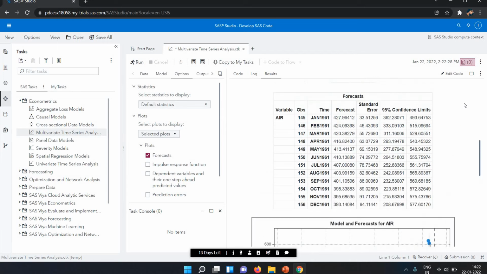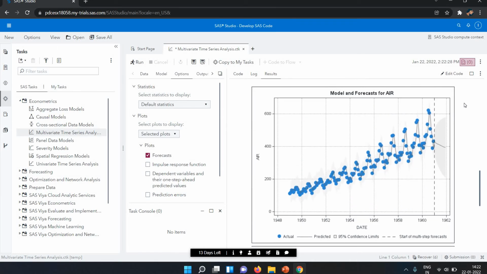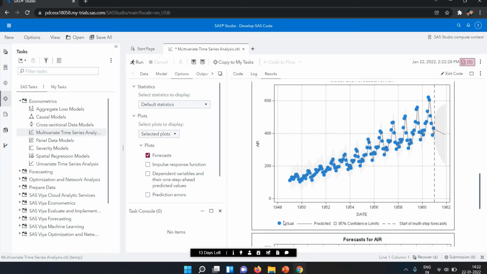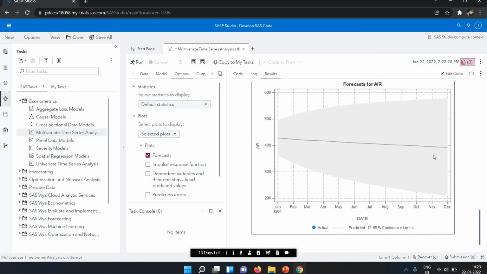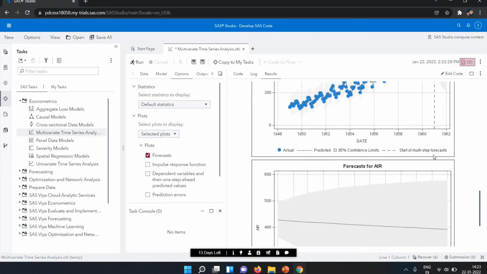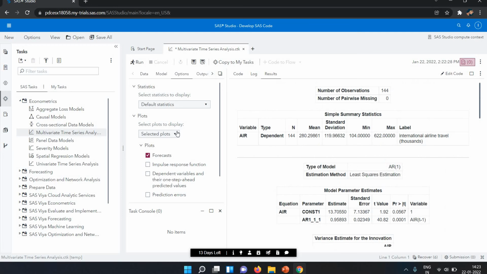Now you can see here we have the forecast. After that we have the model forecast of air. The actual data is these dots. Then we have the prediction. This is the predicted line from 1960 to 1962. Next we have the forecast for a year, which is available here. And if I select all plots here,